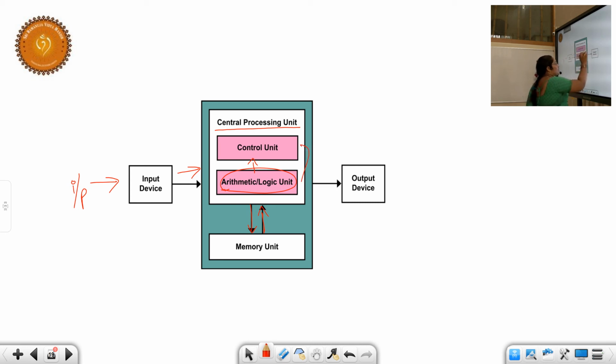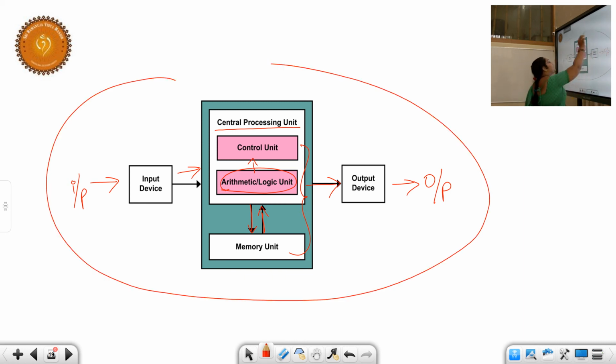So after completion of these 3 units or these 3 operations, we will be getting the output. It shows in the output device, and by that we are getting the output. The overall work is done in this process. So make a note, students. The mandatory instruction for the computer is, if you give the input only, it can process through the processor and it can give the output.